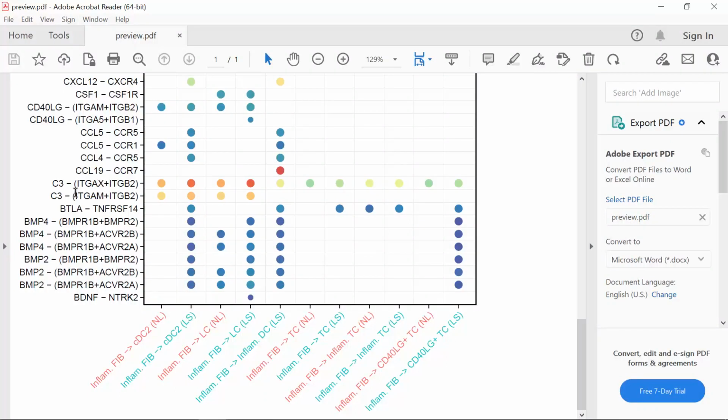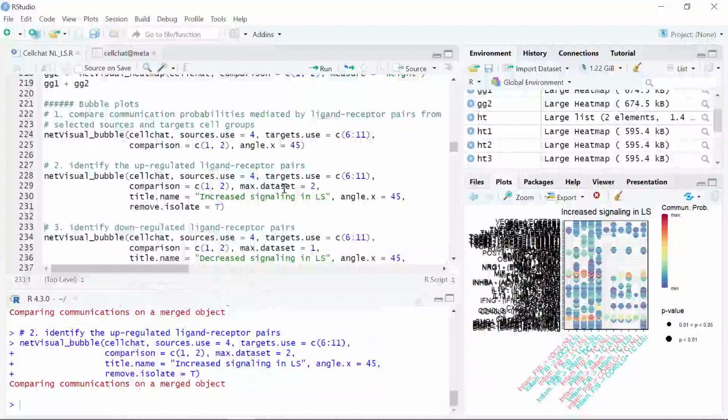And for the complement C3 signaling pathway again, you can see they are presented in the NL group but are further upregulated in the LS group. So when we set the max dataset as 2, we generate the bubble plot to show upregulated signaling pathways in